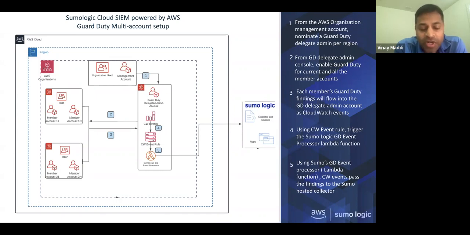You don't have to do it on an account by account basis. You just deploy it once for one management account, and you are good to go to stream all the GuardDuty events. Similarly, this architecture works for CloudTrail as well. So you should be good to go integrating with Sumo Logic. With that, I will hand over to Tim for the next slides.